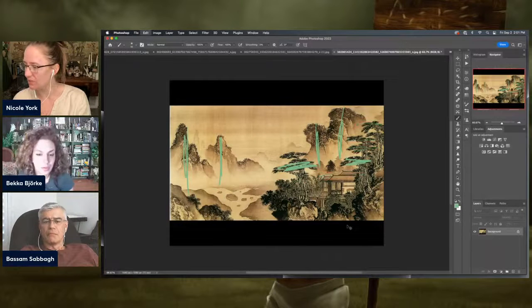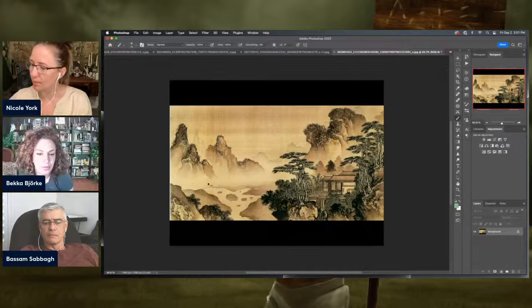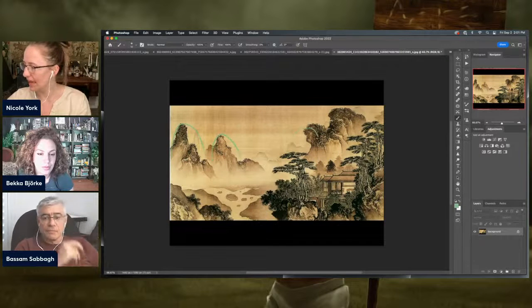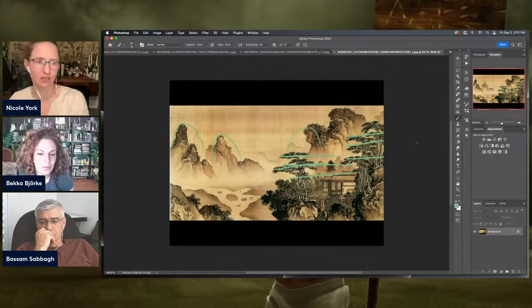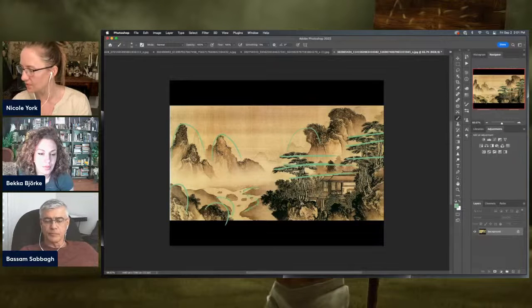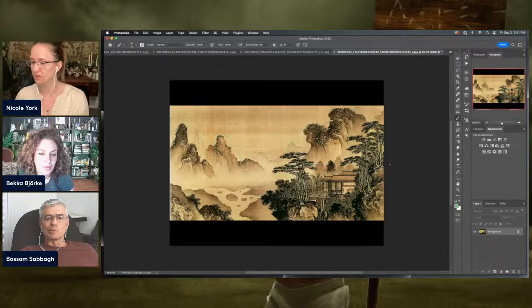In the mountains we have all of these big upward reaching curves, and then here in the trees we have these very lateral, almost slashing shapes. This is the only place in this image where these shapes happen. Everything else is curved, curved, curved. Even this is curved. Everything is curved except the way these trees are laid out. And I can't not see it. It's the first and most immediate thing that sticks out to me when I look at this.